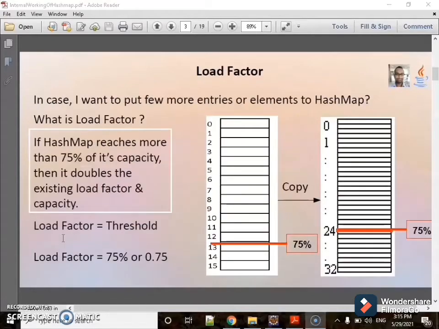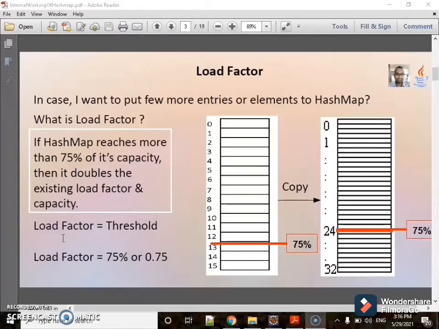So we have seen HashMap follows 16 entries when we create a new HashMap object. In case I want to put a few more entries or elements to the HashMap, yes, it is possible, we can add more entries to the HashMap. If HashMap reaches more than 75% of its capacity, then it doubles the existing capacity and threshold.